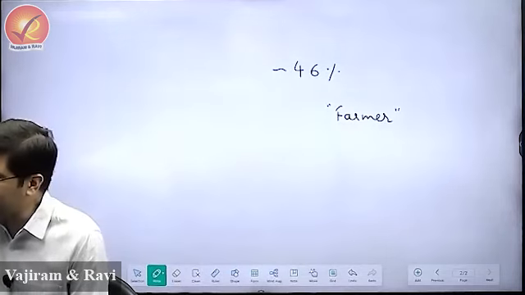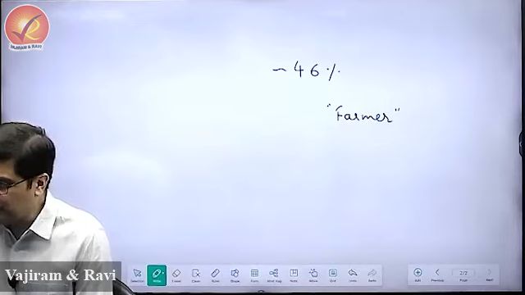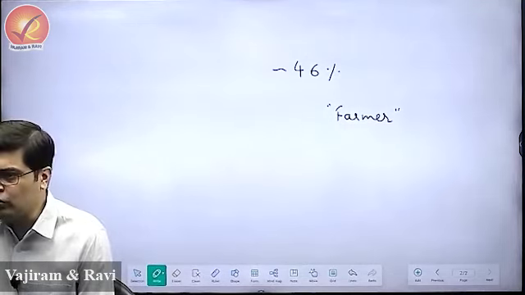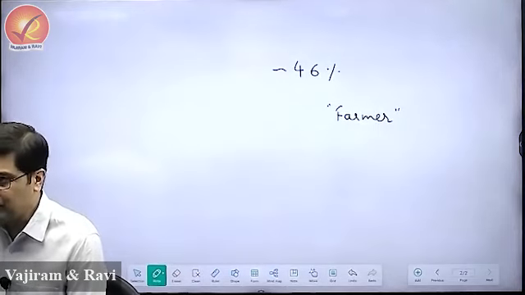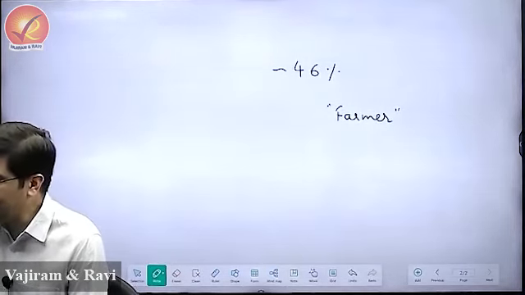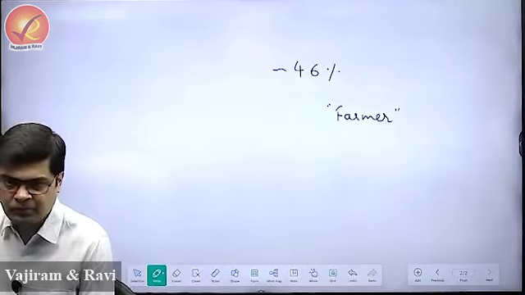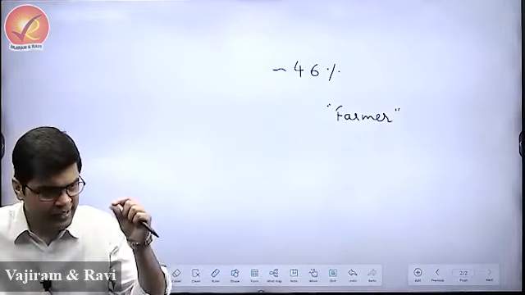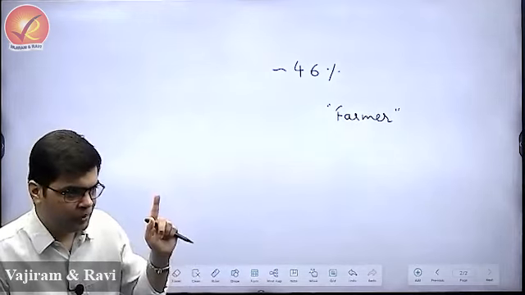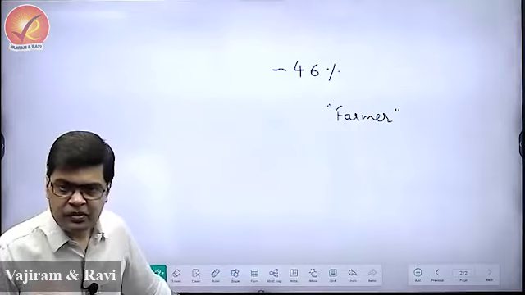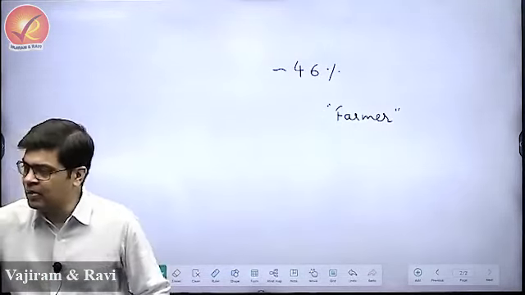Now, Dr. Swaminathan said that farmer would include, one, a person who owns an arable land and who is also cultivating that piece of land. That means if I have a land which is fit for cultivation and I'm also cultivating that piece of land, I can be called a farmer. Okay, so anybody who has an arable land and who is also cultivating that piece of land can be called a farmer. One. Second, he says the word farmer will also include the tenant farmers.